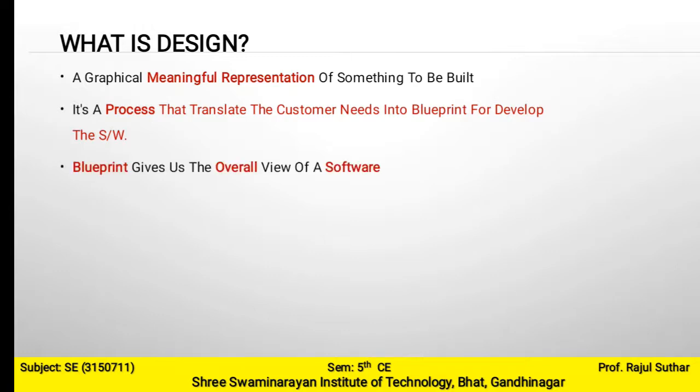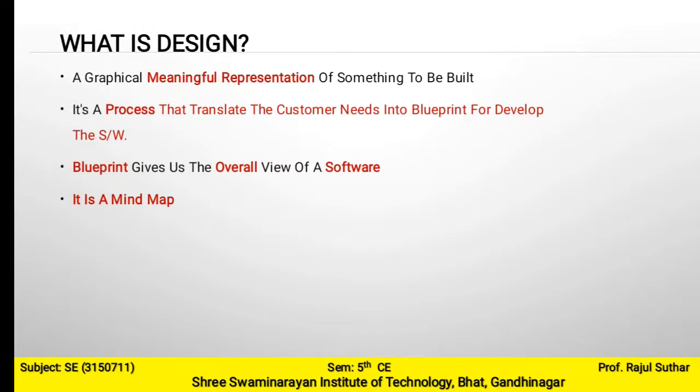Then the blueprint gives us an overall view of the software. The blueprint represents the overall view of your software product, and we can say it is the mind map. We are all familiar with the mind map. The mind map is covered in design engineering. While we are describing our model, the mind map is useful to easily describe each and every product or model. It is one type of layout or structure that we create on paper.